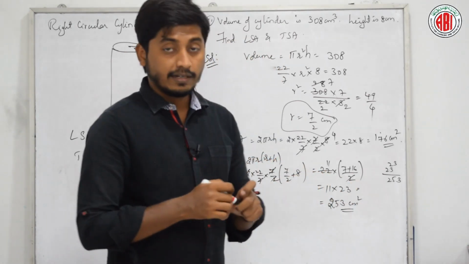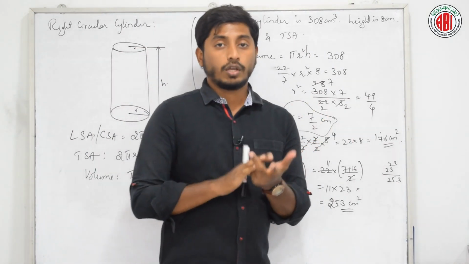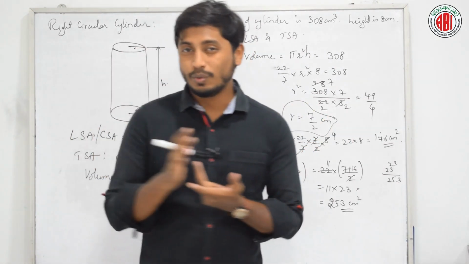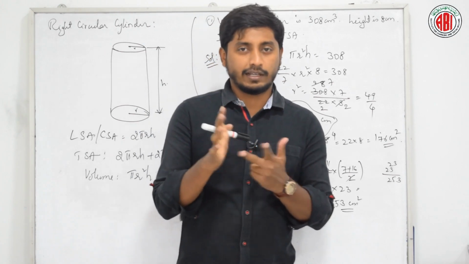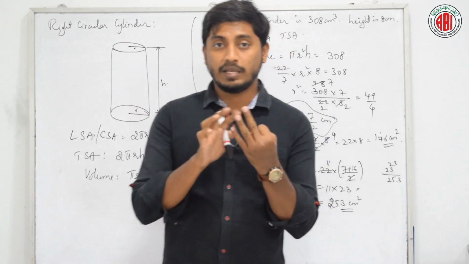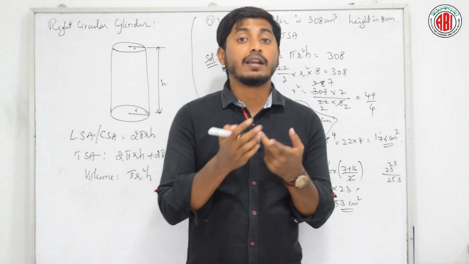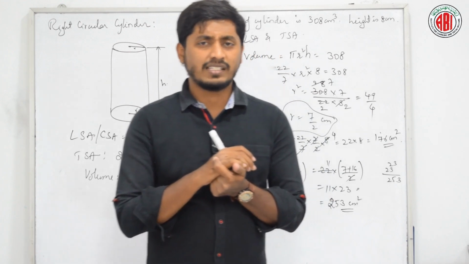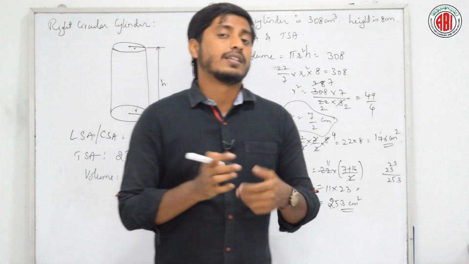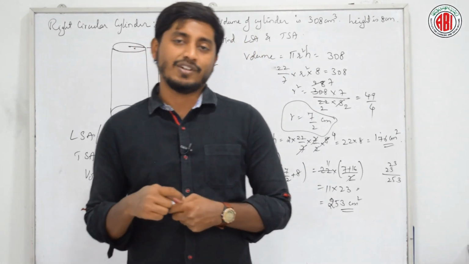Did you understand? Isn't it easy to solve? What all we learned till now? Cube, cuboid, and a few pyramids, and just an introduction about pyramids and prisms, and the next cylinder. These are the shapes which we learned, for which we learned LSA, TSA and volume. Is it fine? Good. This is for today. Let us meet in the next session with more problems of surface areas and volumes.